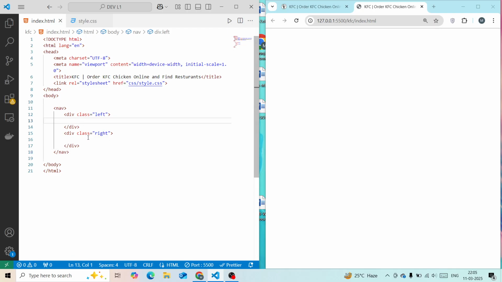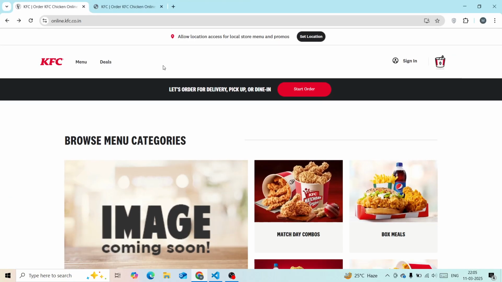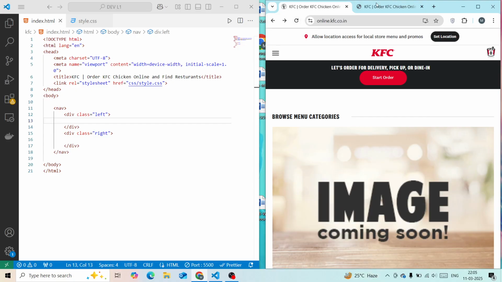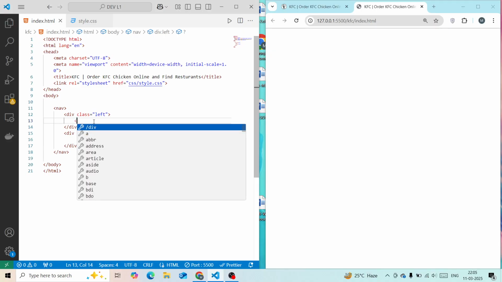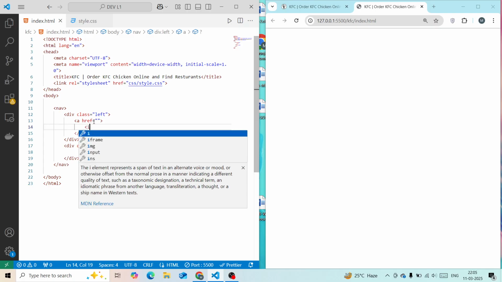In the left panel, as we can see, there are 3 buttons or 3 elements. One is the image, the site logo, one is a menu section, and another is the deals. For that we will use 3 tags of anchor elements. Inside first I will place the image,